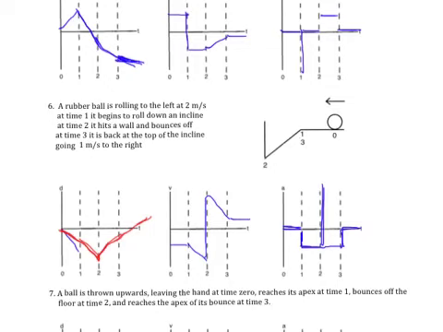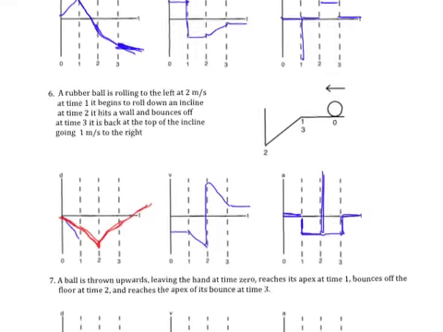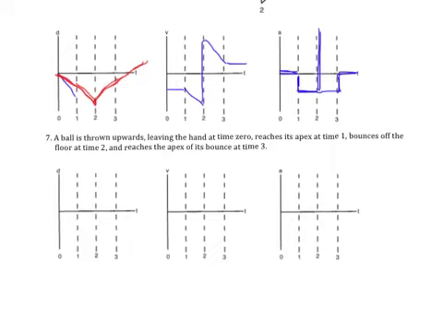Okay, just one more and then we can be done, folks. I can go to bed. Good golly. Alright, a ball is thrown upwards, leaving the hand at time 0, reaches its apex at 1 second, bounces off the floor at time 2, and reaches its apex of its bounce at time 3. You know, this is pretty easy for me to draw this way. But you know what? I'm going to start off